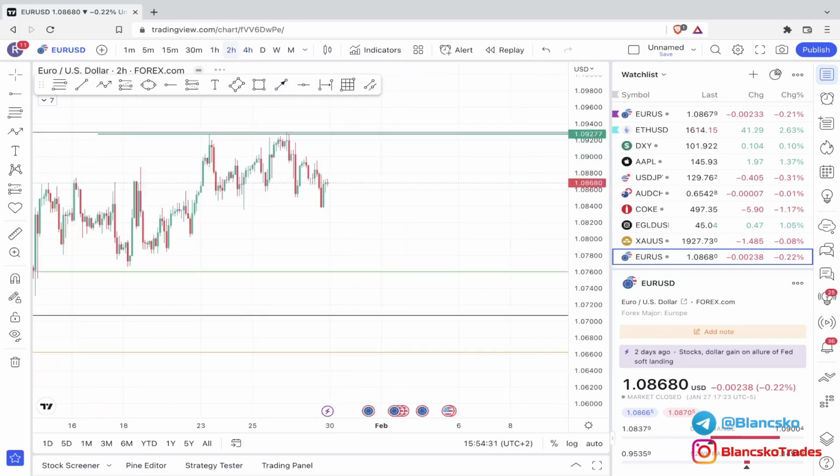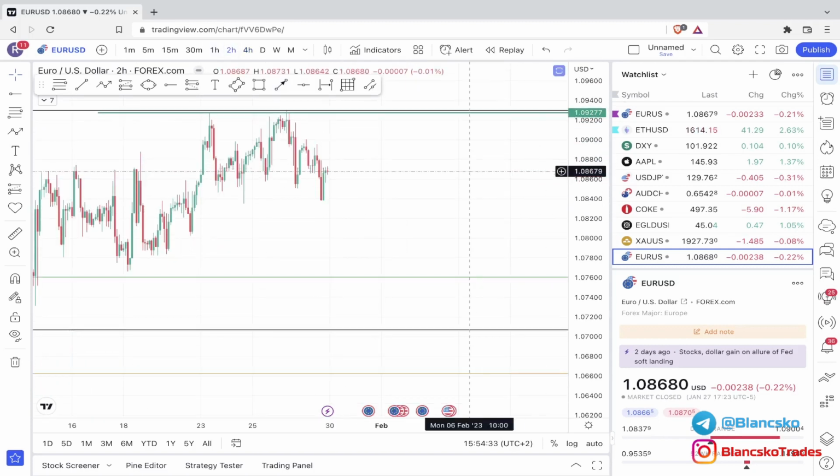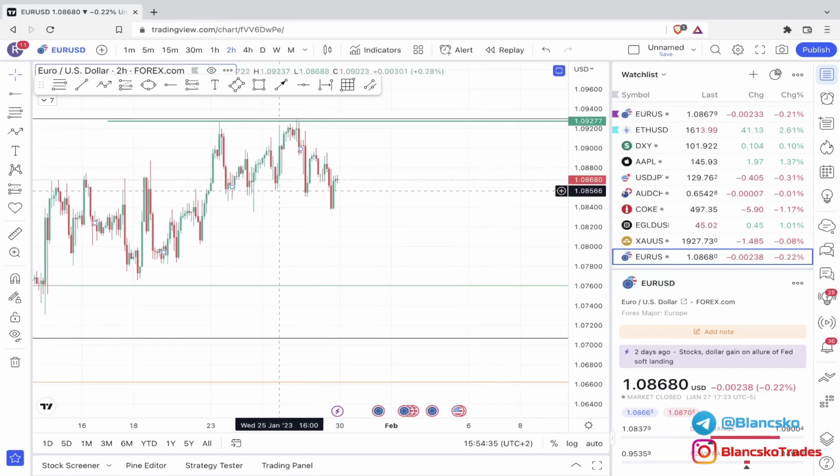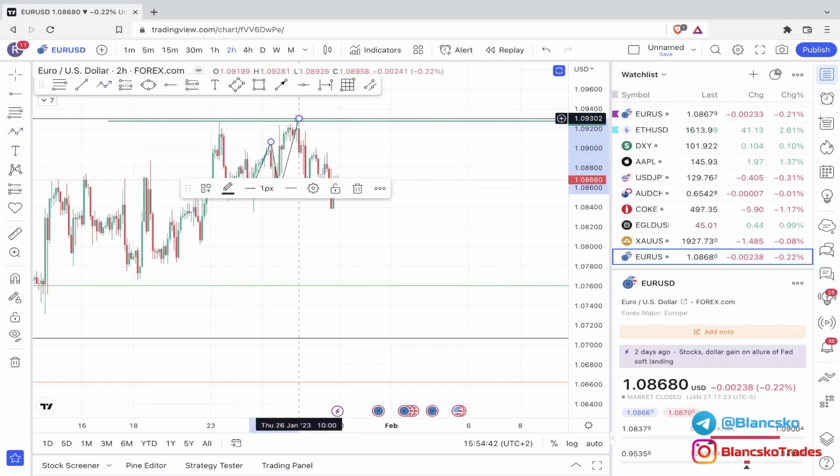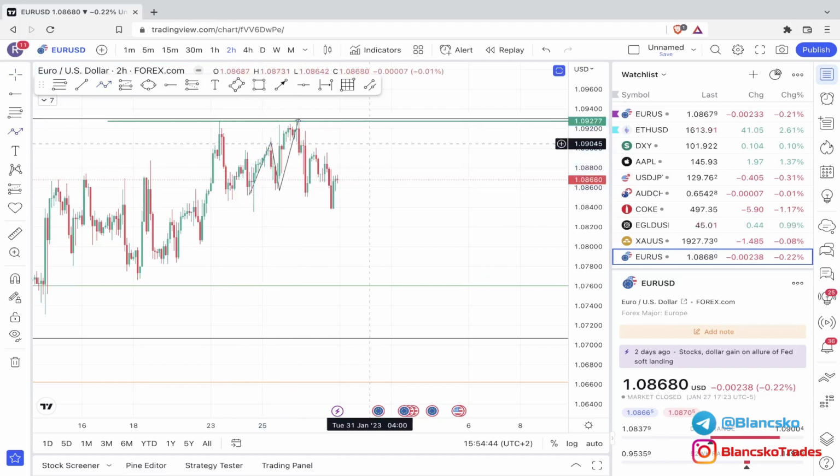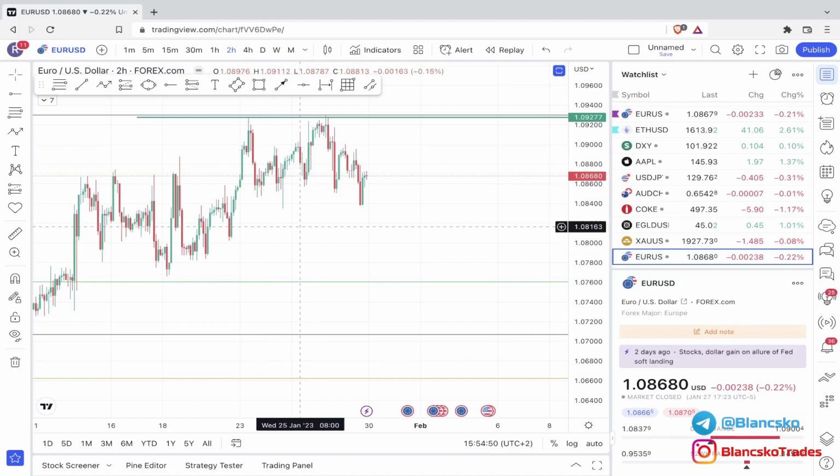If we go on the daily, it's a bit more clear. Check this out. We have this higher low, bam, higher high. Makes sense. But if we want to be more conservative, if we look on the 2-hour time frame, we could